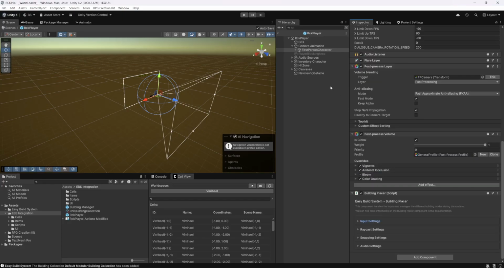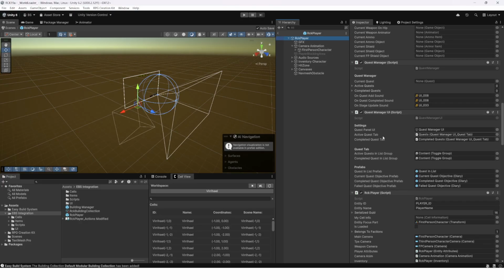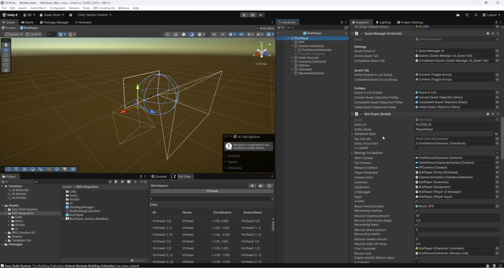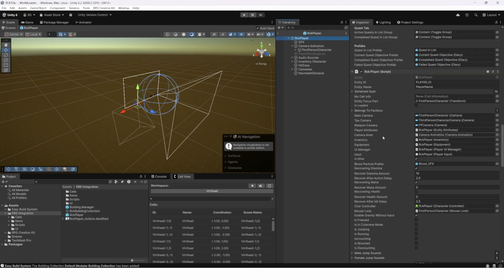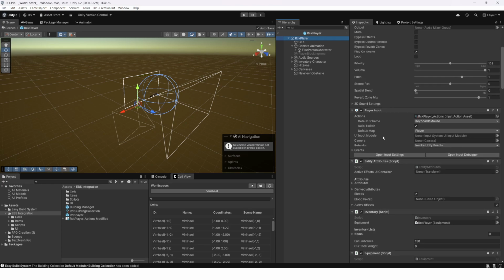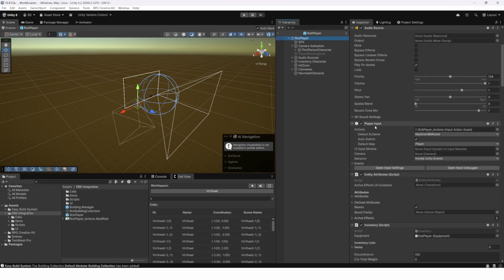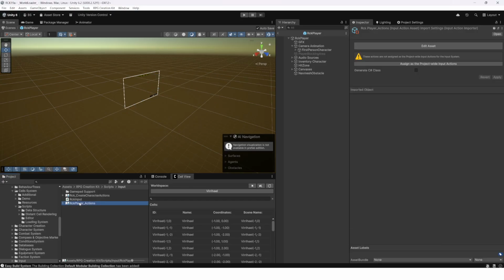So if we look at the RCK player, then we go to the input somewhere. Maybe I already passed it. Yeah, there it is. Okay. So on the player input, we can see the RCK player is set to use this RCK player actions, and rather than change to a completely different actions, I was editing this one,